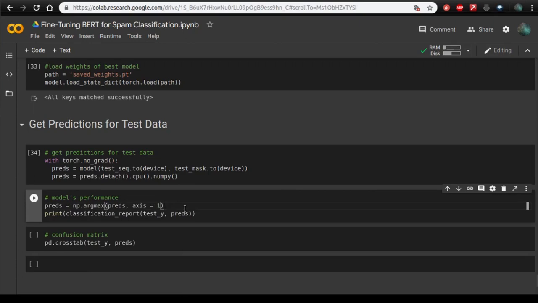Since the activation function at the last layer was softmax, we will use argmax over here. It will give you the index of the largest number, and this is the classification report from sklearn. It will tell you about the precision, recall, F1 score, things like that.